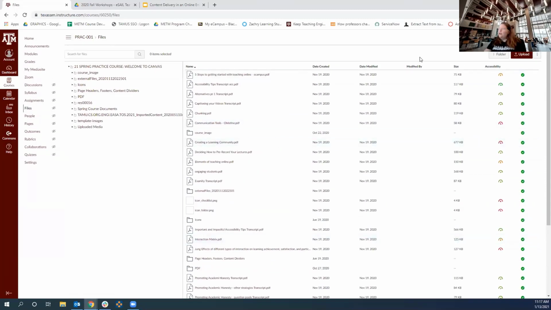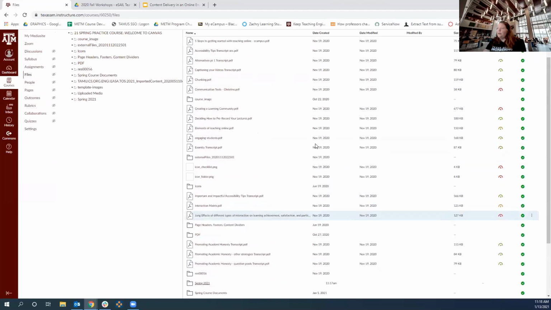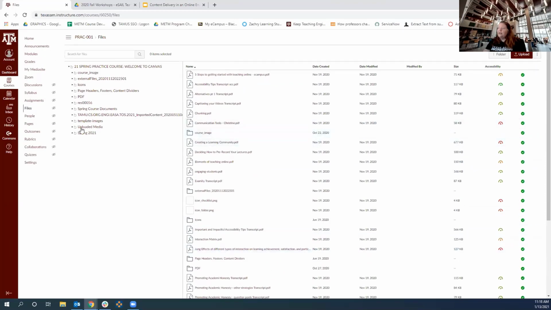You can go up at the top and create a new folder. So if I wanted to do spring 2021, I hit that checkbox, and that creates that folder for me. Then it shows up here at the bottom on the left-hand side in the course folders area.